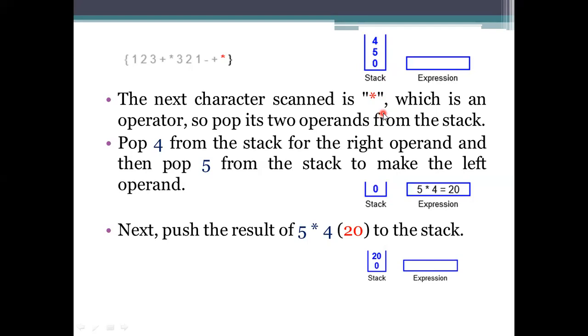The expression is 5 into 4, which is equal to 20. We got the value 20, and this value has to be stored into the stack here.